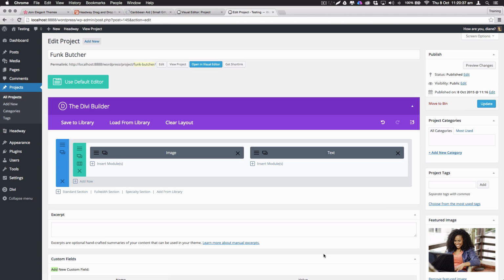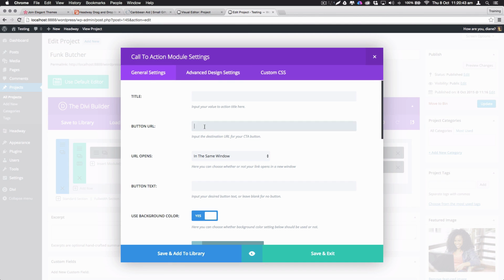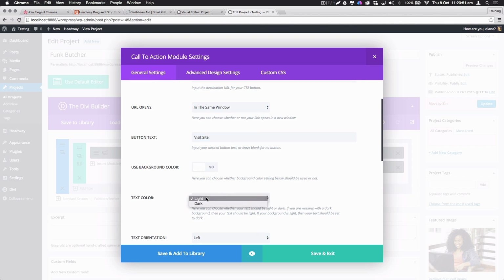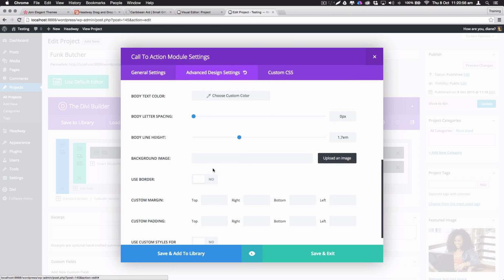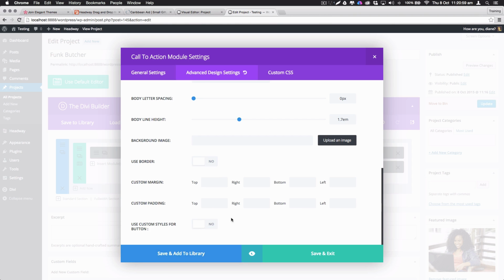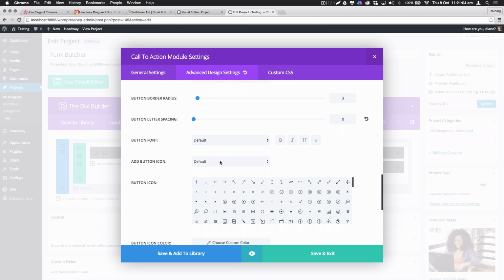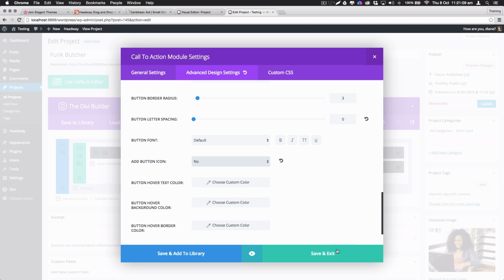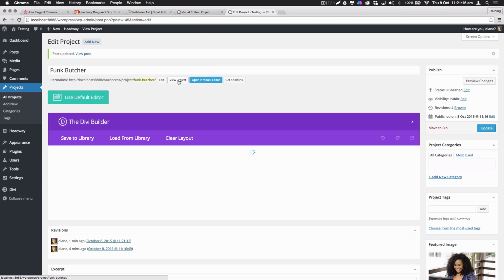I'm going to press save, and then underneath it I'm going to put a call to action to say visit site or something like that. Take the background out, I'm going to make it dark, and here I can click on the advanced settings, and sometimes when you hover over the button it gives you an icon. I don't really like that, so I can just choose to have that icon off, and I can press save and exit. Now if I update the page and I have a look,